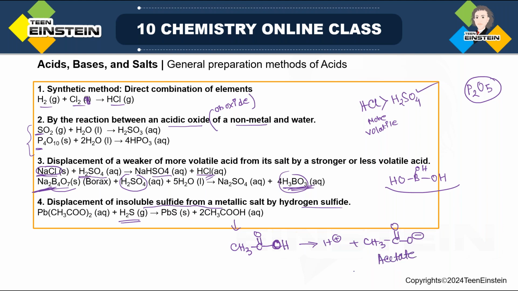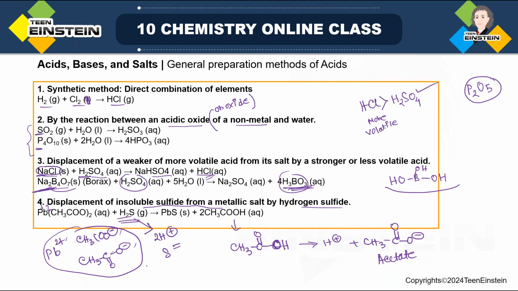Now if this ion is attached to lead, lead has 2 positive charge. That means if it is lead 2 plus, there will be 2 acetate ions attached to it, right? Whether you write like this or this, same thing. So 2 negative charge balanced by 2 plus. So this is the structure of lead acetate. So what we are doing here, in this lead acetate, we are removing these 2 acetate anions, and these 2 anions are combining with 2H plus, and this sulfide, here it is 2H plus and sulfide S2 negative. So this sulfide is now captured by Pb2 plus,